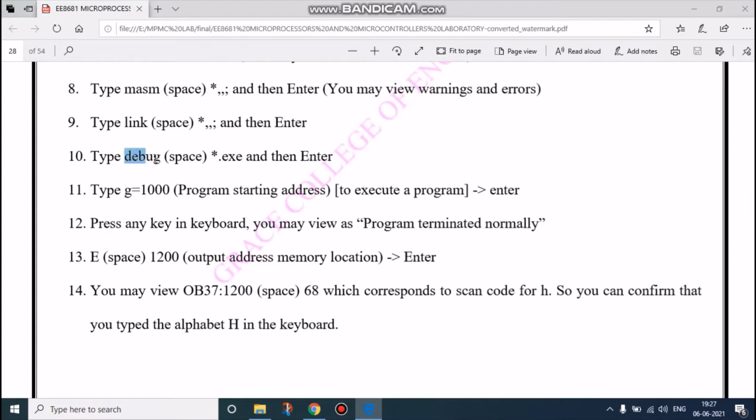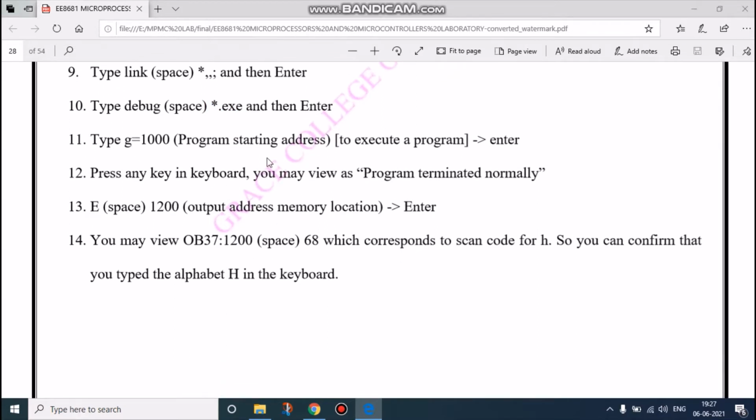After that we type debug and star.exe to execute the program. To get the output we type G=0, that is the program starting address, to execute the program, and press enter. Then we can press any key on the keyboard, and we can view that the program terminated normally.